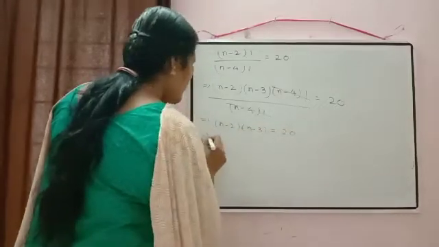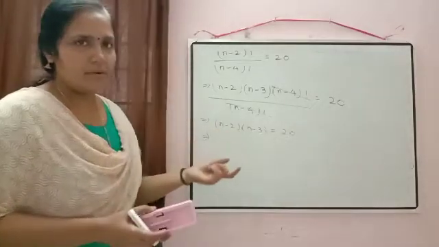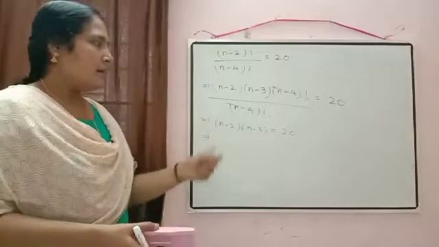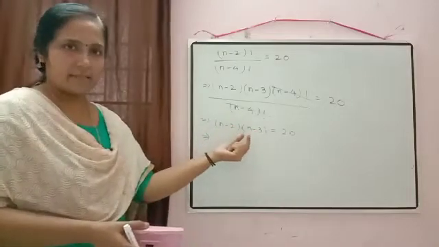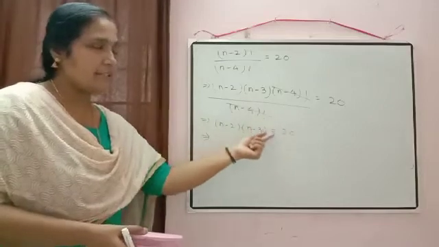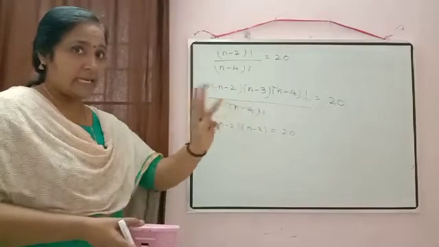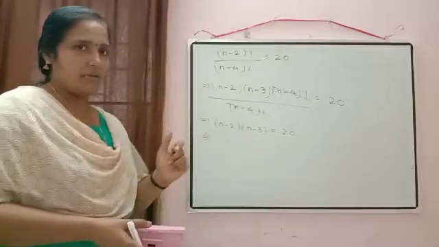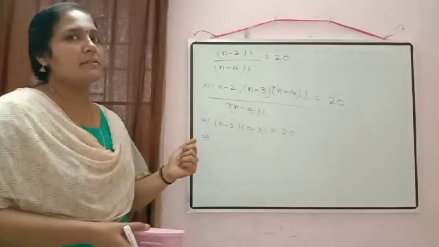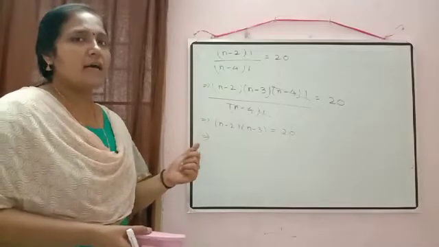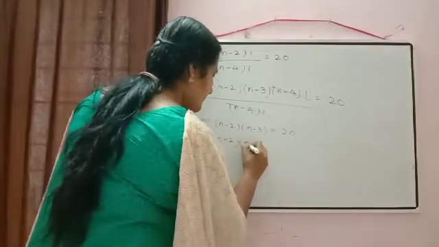So as I said in the previous class, either you can convert it into a quadratic equation and solve, otherwise the left hand side is a product of two consecutive numbers. So the right hand side also we will express as a product of two consecutive numbers only, not any other number. So just to check 20, the product of two consecutive numbers: 5 4s are 20. So 20 can be written as 4 into 5.